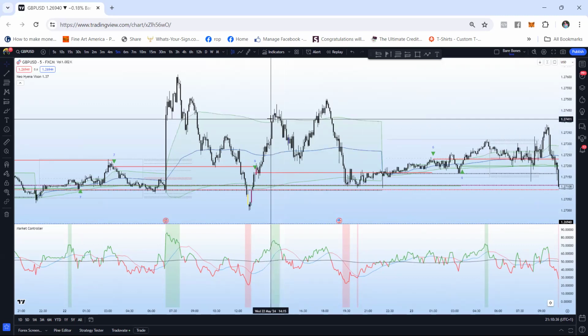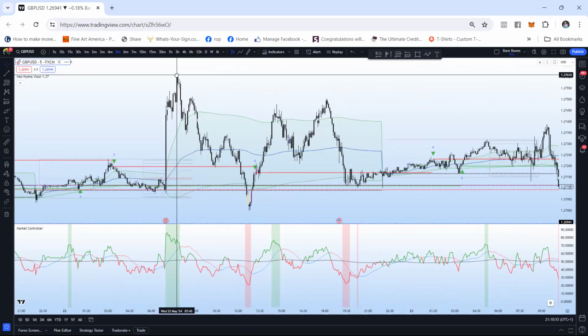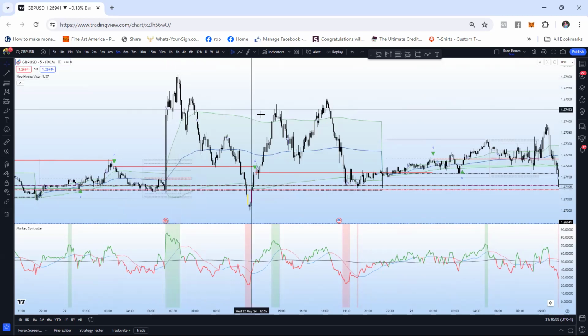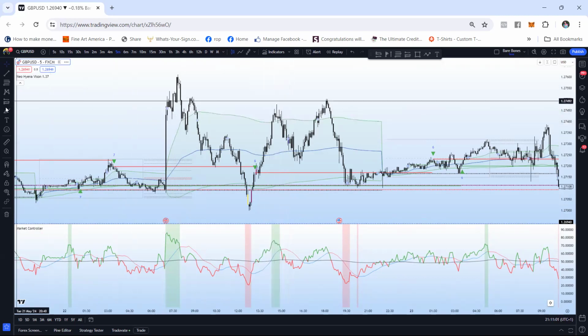But we use this understanding of what the retail perspective sees to do the opposite. So when the market controller is green, like very green, that's when you're looking to do the opposite of it. You combine the level, like a relevant pricing level, like here we have the VWAP,